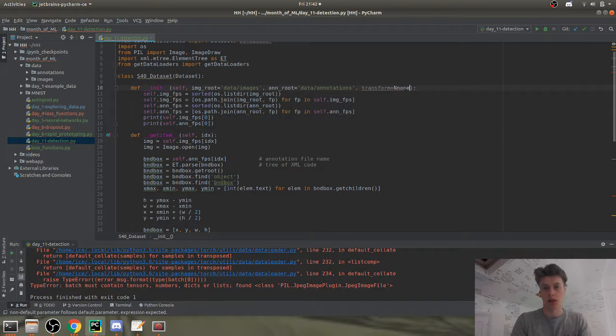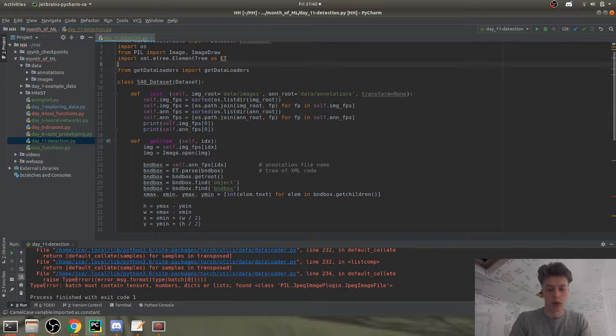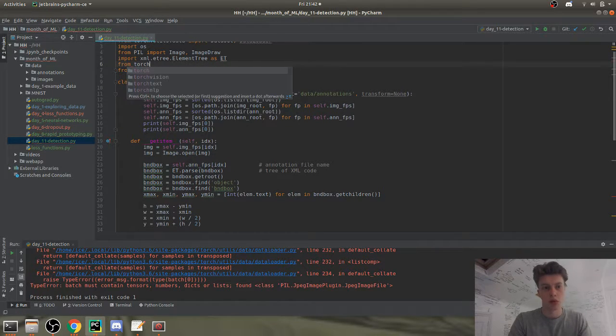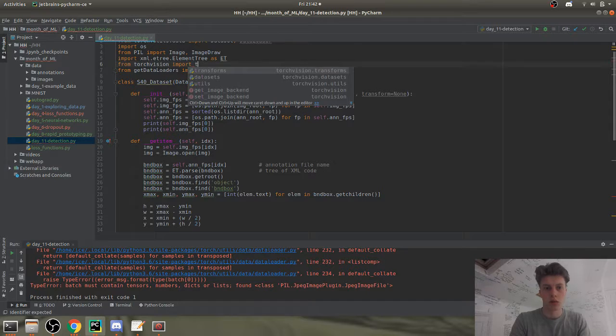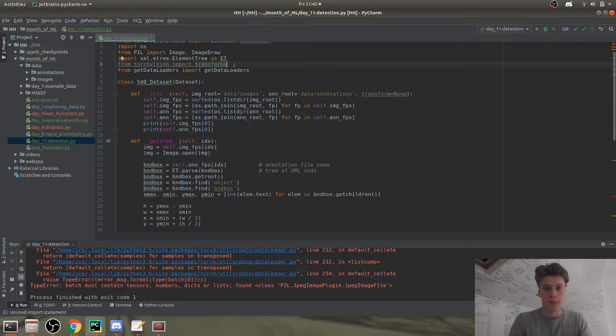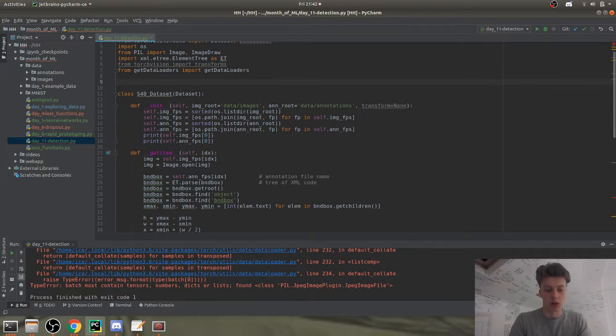So we'll say it's None by default, and then we'll import from torchvision, we will import transforms, and then we can say my_transforms is equal to